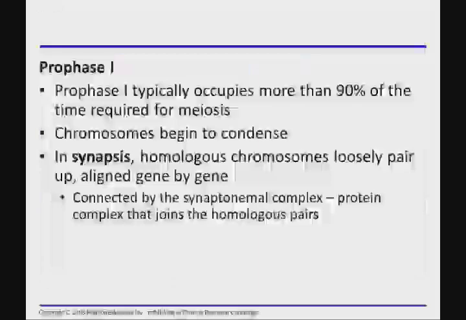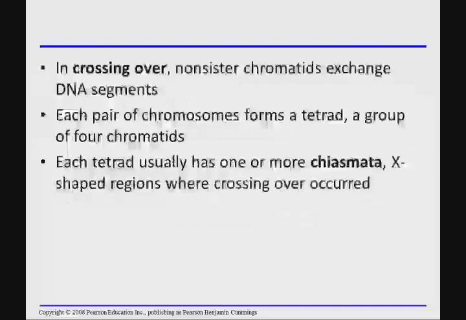So this is really where we've got most of the action going on. Chromosomes condense. Synapsis forms. So we get literally the homologous chromosomes lining up. And this is the idea, again, that we talked about. Chromosomes have loci, like they have locations for genes. And because those genes are on the same location, independent of whether the chromosome is from your mom or your dad, when they line up and then exchange pieces, what we call these